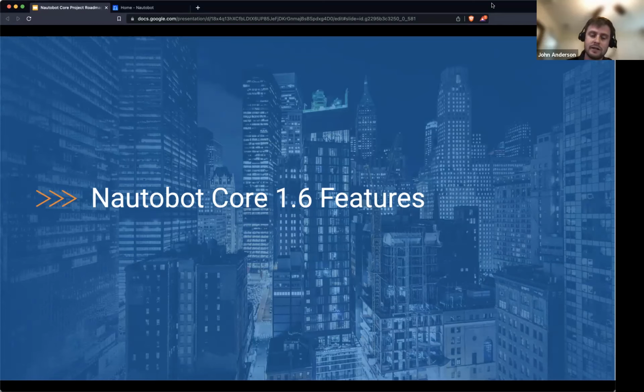So we adhere strictly to semantic versioning. So the 1 is our major release. The next dot, so 6 in this case, is our minor release, and then we have patch releases on top of that. So our minor releases introduce new features and functionality, but do so in a non-breaking manner. So if we were to make changes in a minor release, we would do it in a way that does not break the interfaces and so forth of existing feature sets. But usually in these minor releases, you're going to see brand new features and functionality, as is the case with